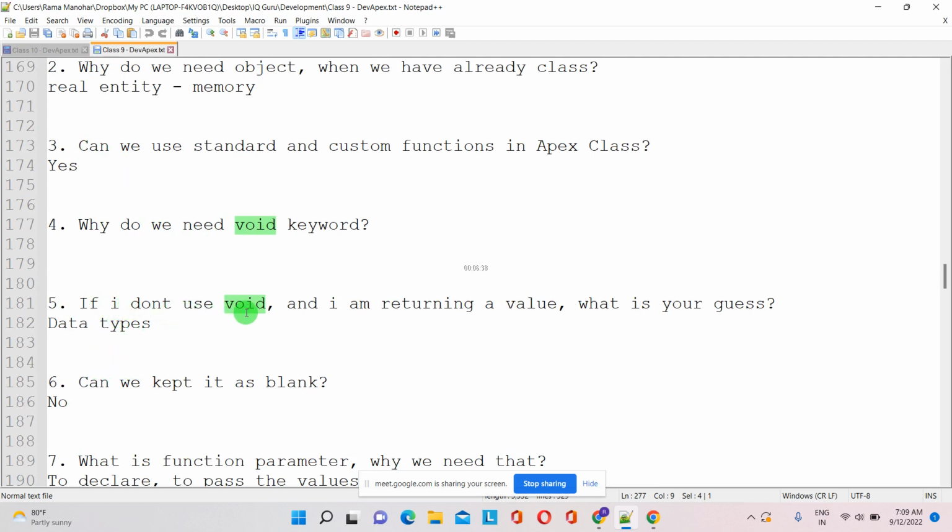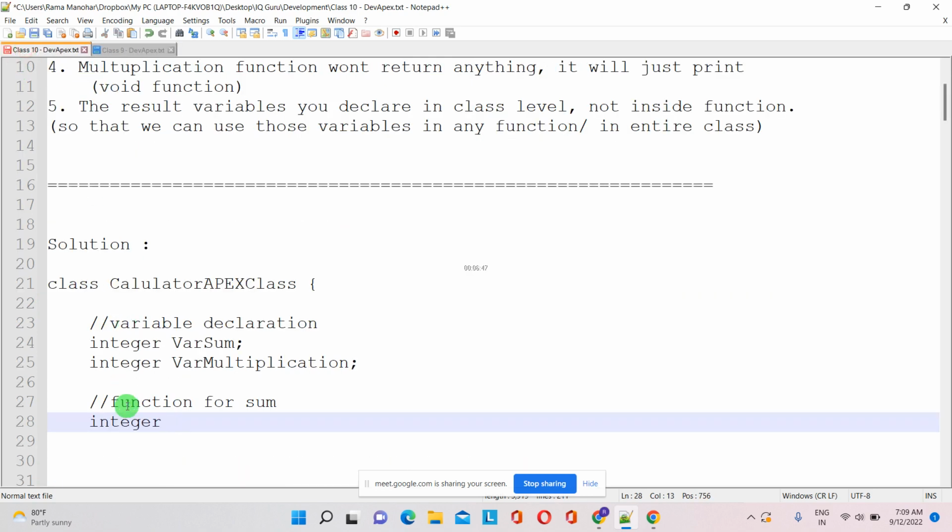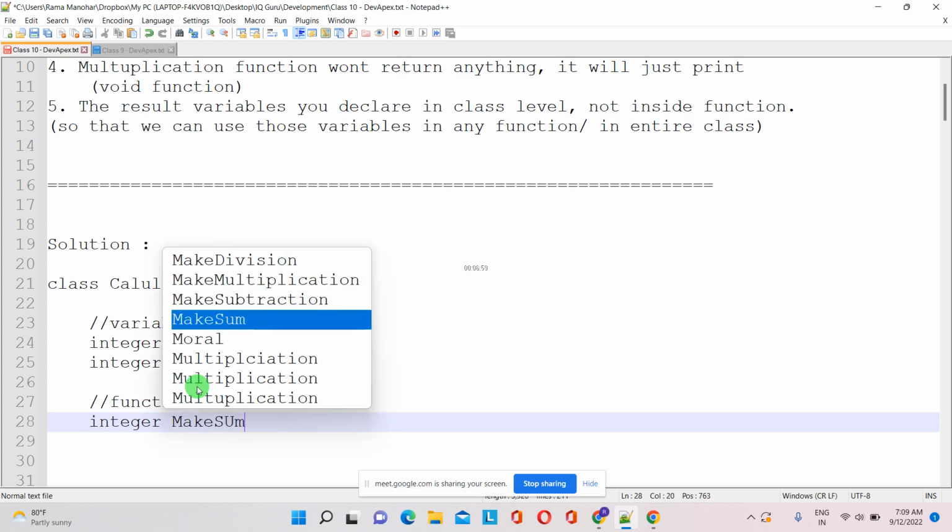If I don't use void and I'm returning a value, what is your guess? We need to mention the data type. So here I'm going to give the data type because this is going to give some value. Okay, integer, and I can give the function name like makeSum,